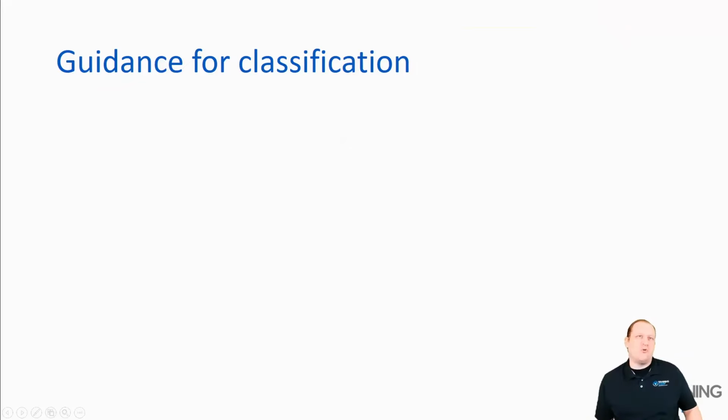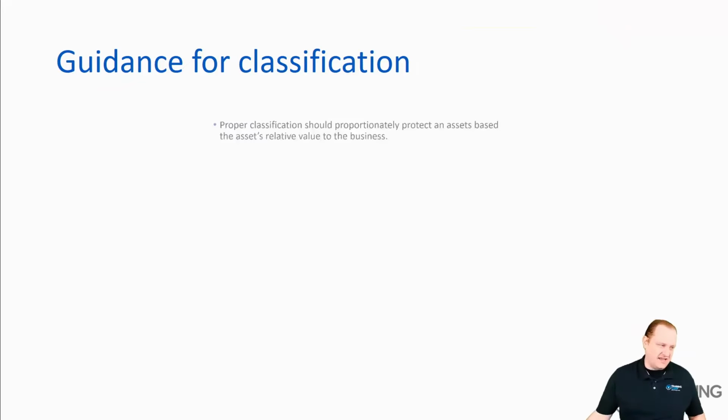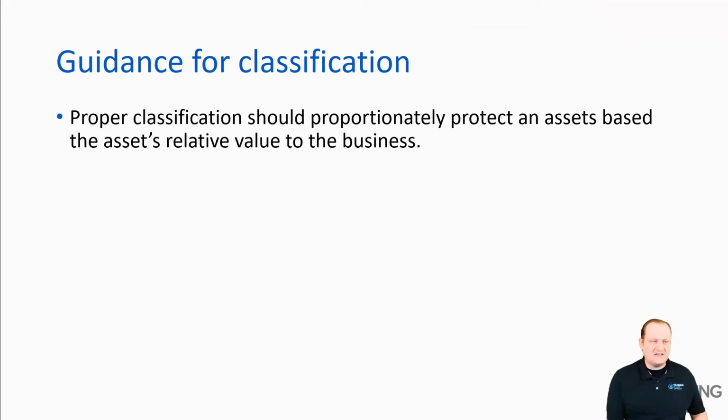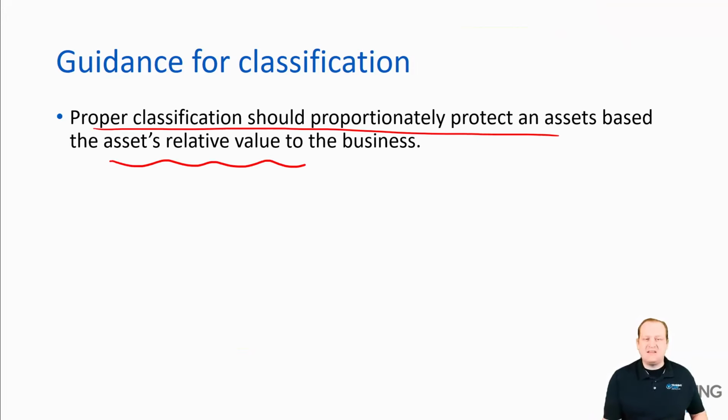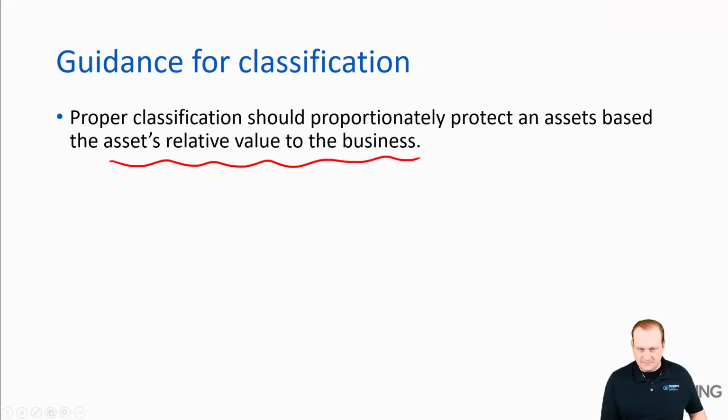This brings us, though, to a point of guidance when it comes to classification. Proper classification wants to be proportionally protecting assets based off of their relative value to the business. If you're not sure what the value is, then turn your attention to the legal side of things to help bring that into focus. If a law requires you to classify something a certain way, then obviously you classify it at that level or higher. But past that,